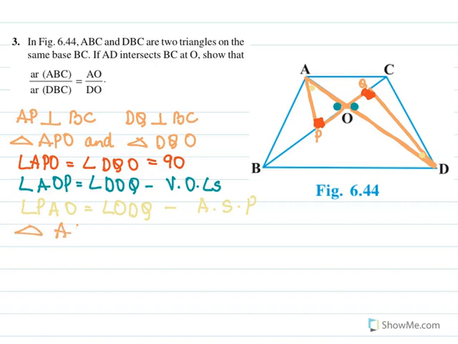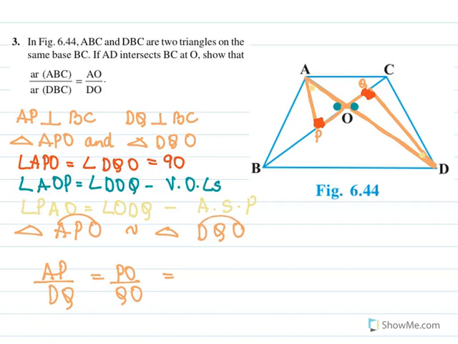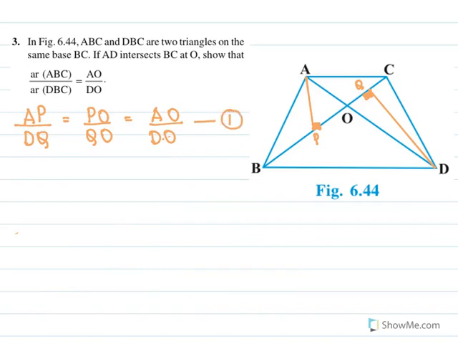That means triangle APO is similar to triangle DQO. If the triangles are similar, the sides are proportional, which means AP over DQ will be equal to PO over QO, and PO over QO will be equal to AO over DO. We will mark this as equation 1, which we are going to use later. So this was what we proved in the last slide. Now next we are going to take up